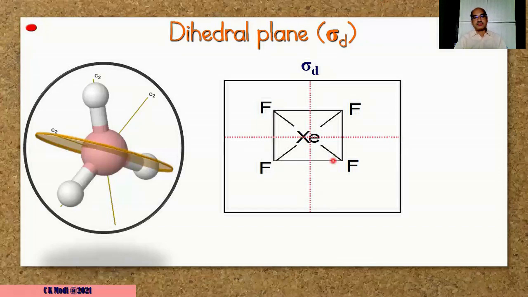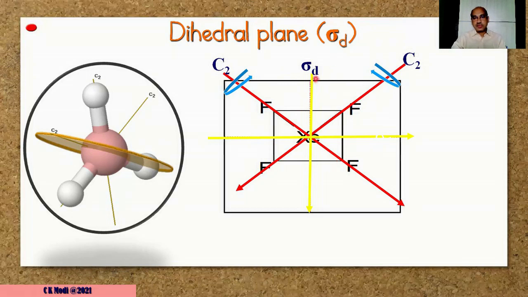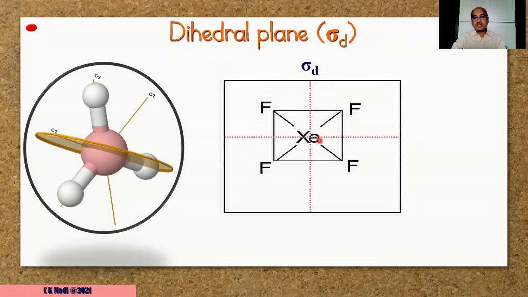Now, dihedral plane. What are the conditions of a dihedral plane? Look at this. These are the two dihedral planes. The yellow line reflects the dihedral plane, and the red line reflects the C2. Now, this is a square planar molecule, right? So in this square planar molecule,